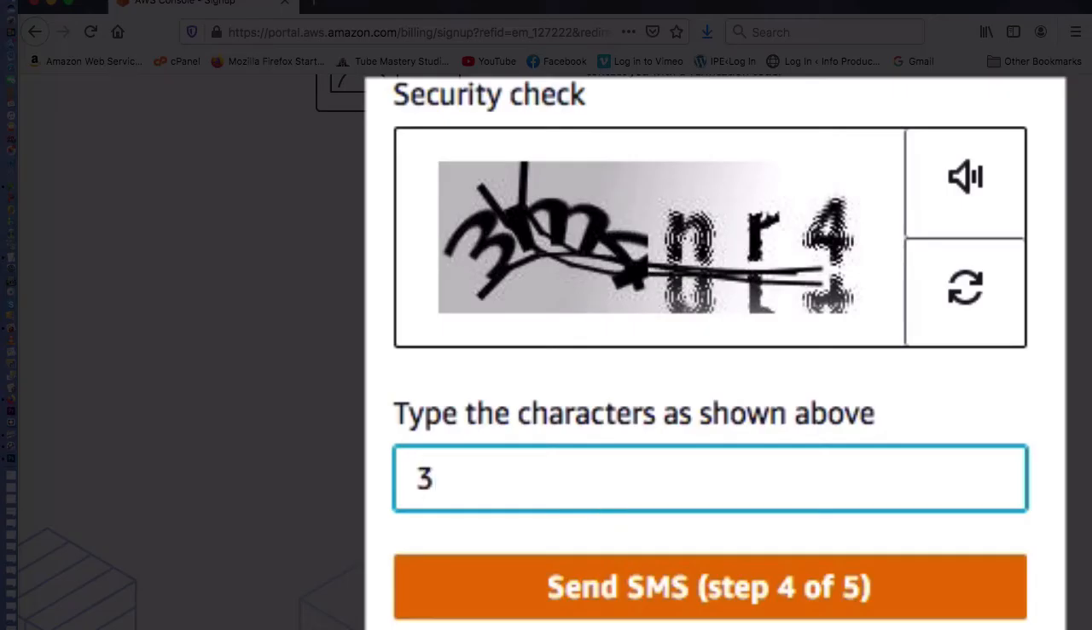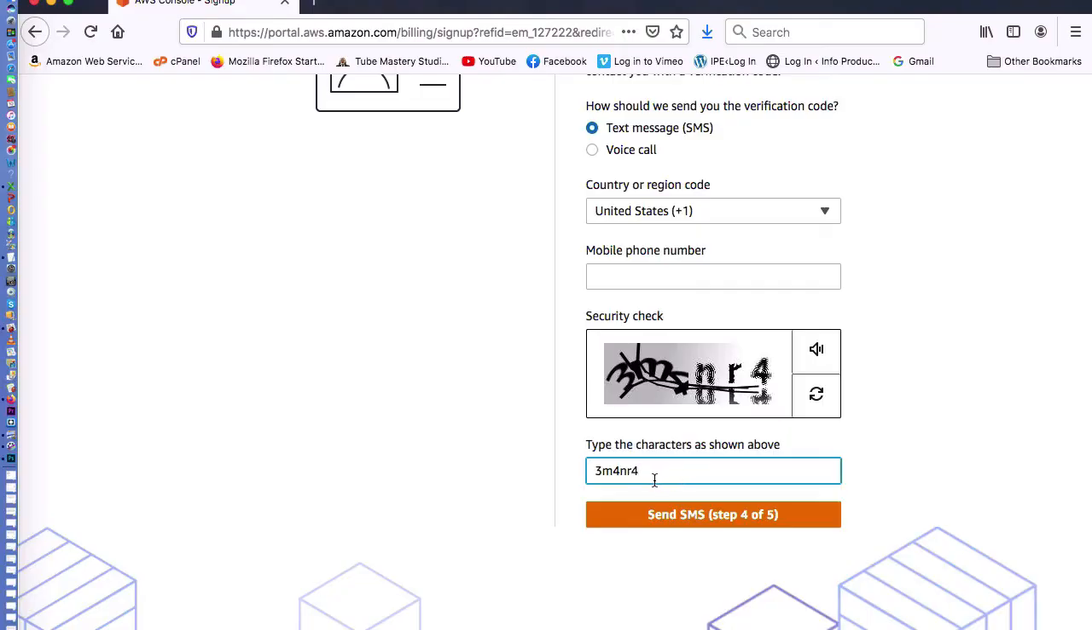And then as a security check, you've got to do one of these goofy things where you read the code in there, and once you do that, you can come down and then it says type the characters as shown, and you just type those in. If you can't read them, you can hit that reload button right there and it'll give you a different one, but you just type that in so they know you're not some kind of bot or something that's scamming them. So then it says send a SMS, that's your text message, for step 4, and you can go to step 4 of 5. Okay, and once you do that, put that info in there,